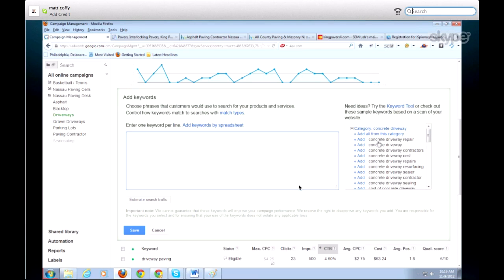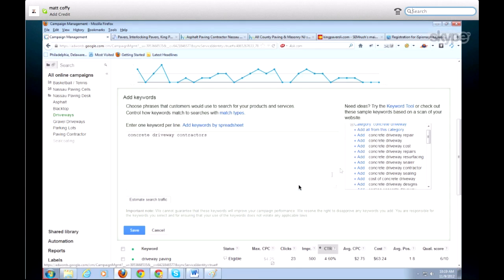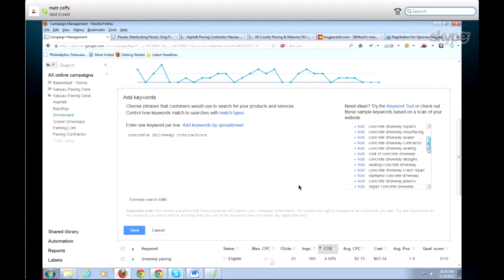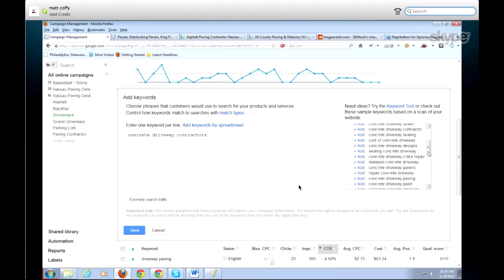It might recommend a keyword such as concrete driveway repair. If you're a concrete driveway contractor, you might add that keyword. If you do resurfacing, you'll add that keyword. If you do stamped concrete driveways, you'll add that keyword.